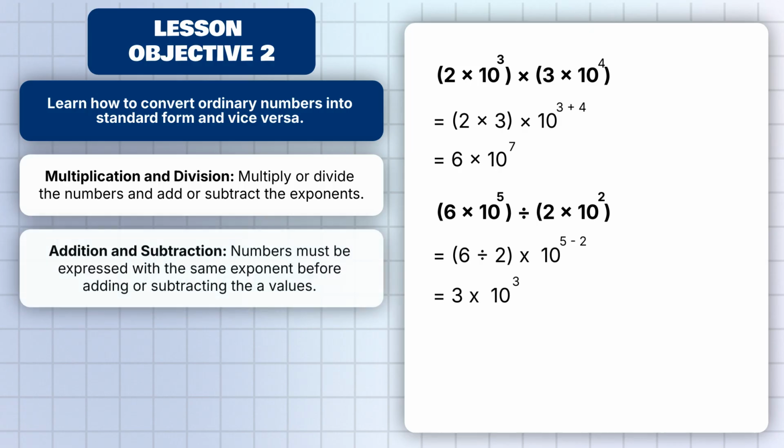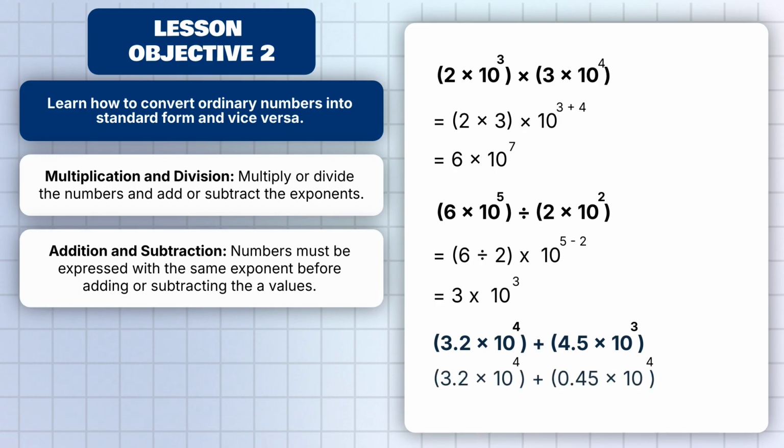For addition and subtraction, the rule is that numbers must be expressed with the same exponent of 10 before adding or subtracting the a values. This is evident in the on-screen example in which both powers are altered to being 4 before the numbers are